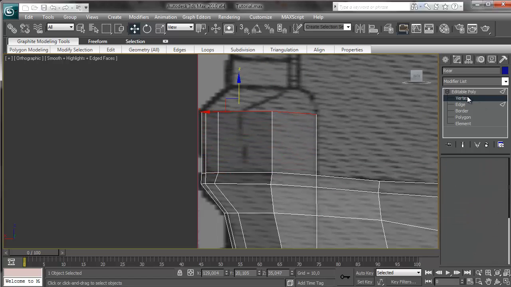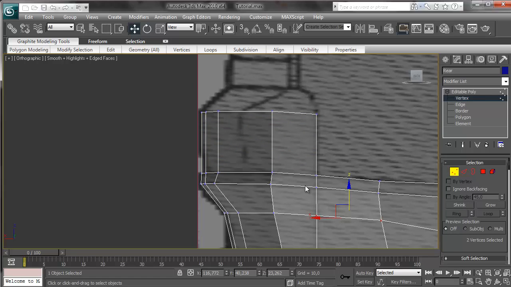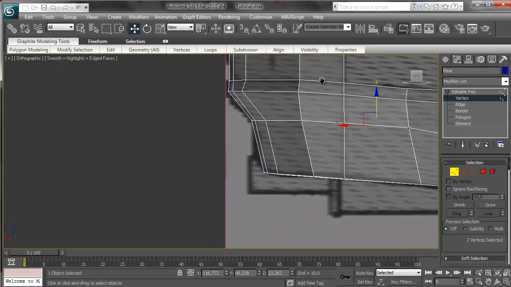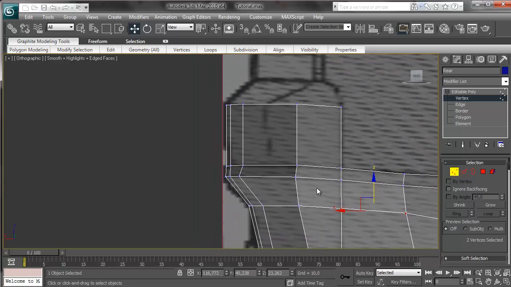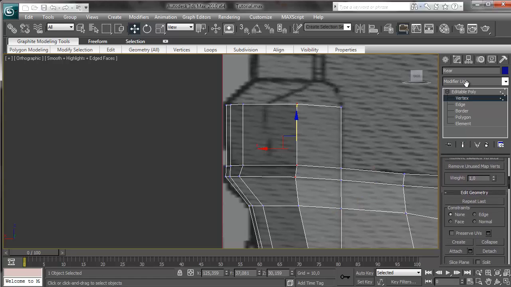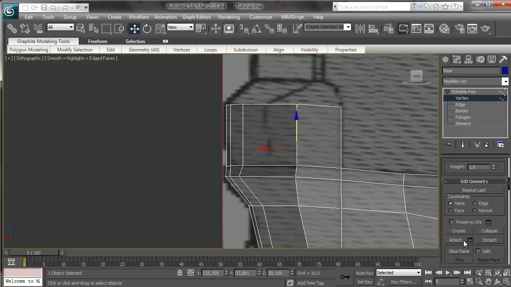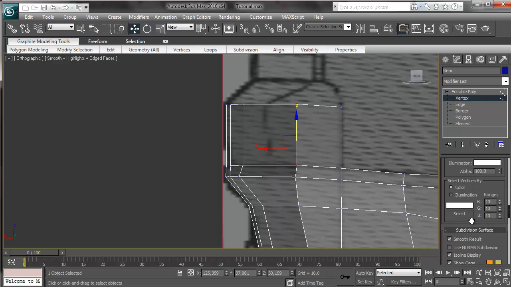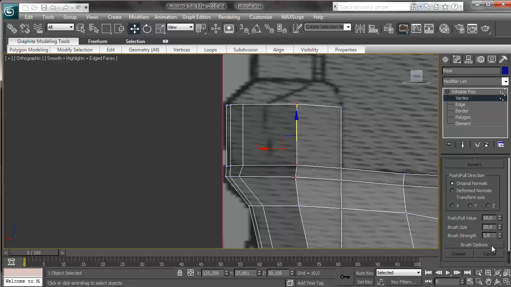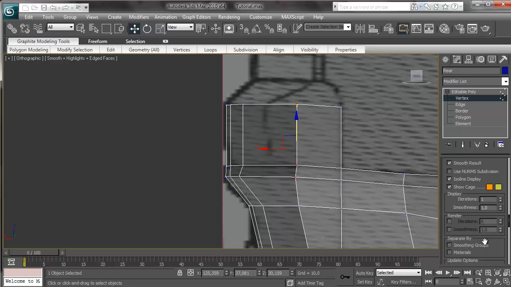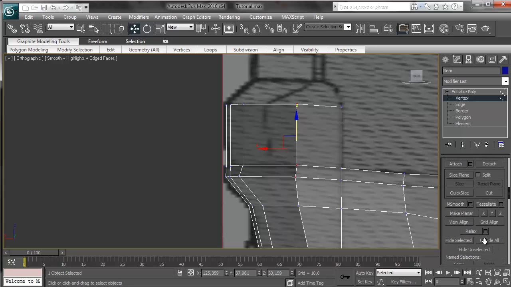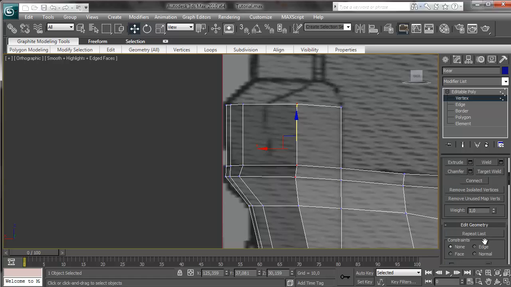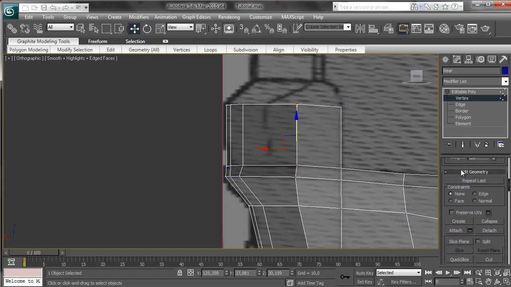And then we're going to, yeah. How am I going to do this? It's a good question. I'm going to move some vertices. Select these. Go to, where is it? Let me see. There should be edge constraint somewhere. Oh, here it is. Under the edit